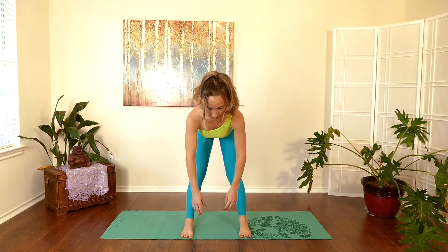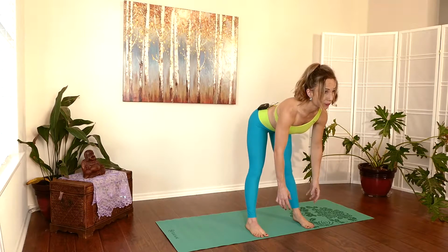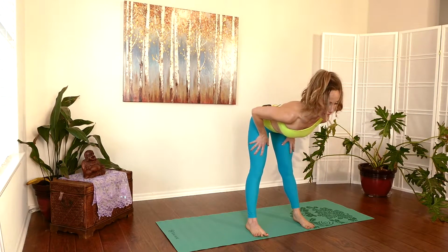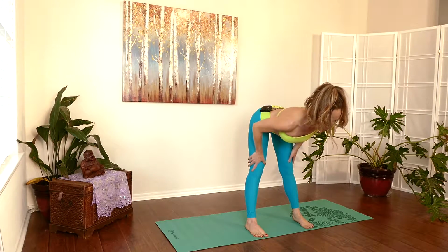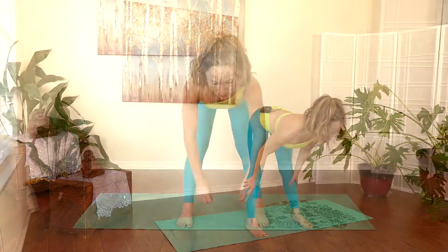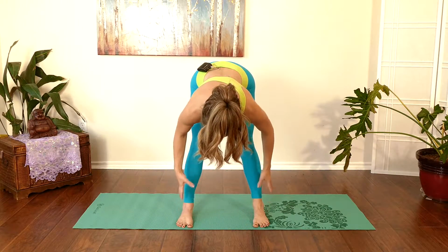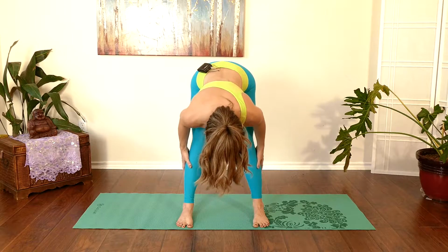And you don't want to just collapse yourself forward. You really want to hinge forward so that you keep length in your spine and strengthen your thighs. So go ahead and just hinge forward into this half forward bend. And in this position, it's even more important to feel that strength in your thighs and rootedness in your feet. So from this half forward bend, go ahead and you can grab hold of any part of your leg